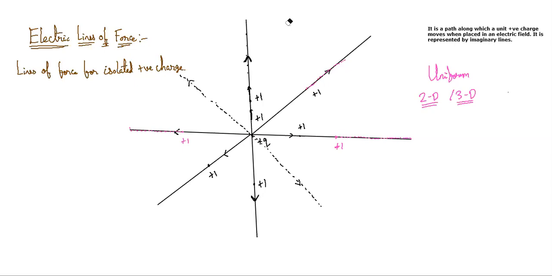If I move a charge along the z-axis, suppose this is the x-axis and y-axis. If I move the charge outside this plane, won't there be an electric field there? There will be an electric field outside. Yes, sir. If I go in the negative z direction, there will also be an electric field there, right?